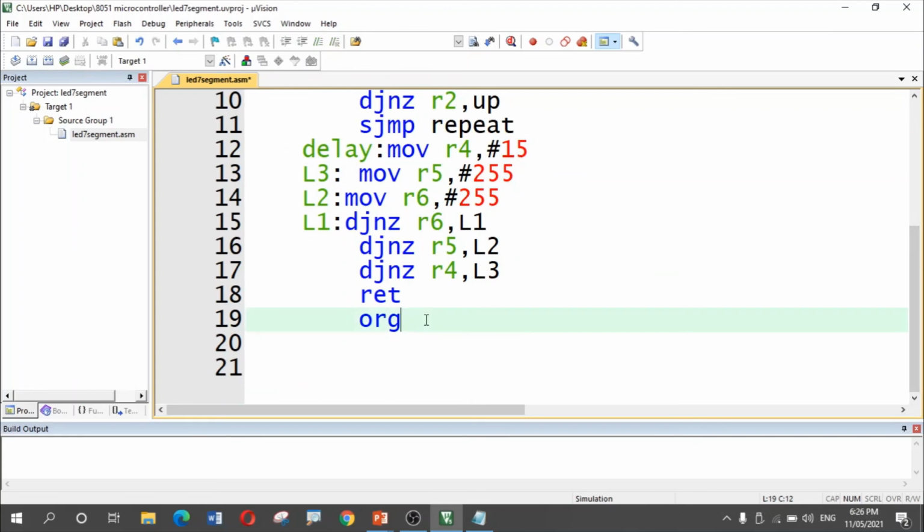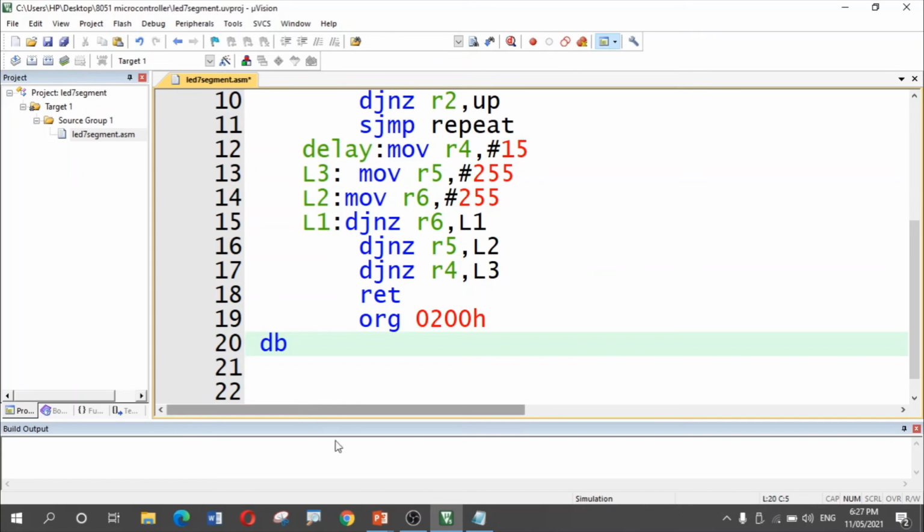So let us write the org 200h directive, and here I have to store 10 different values. For that purpose, I will use DB as an assembler directive. DB stands for define byte. So it will help us in storing the individual values of 10 different segments.